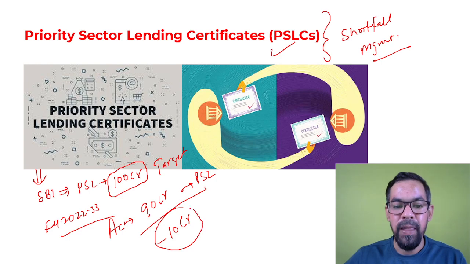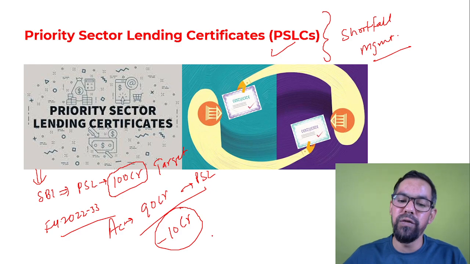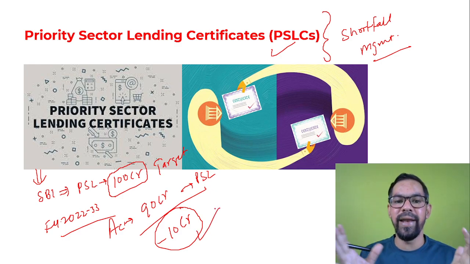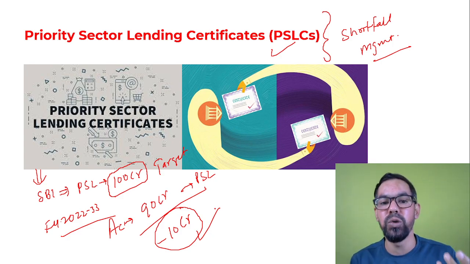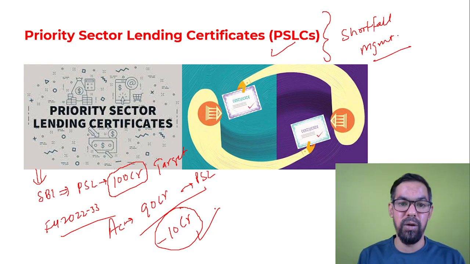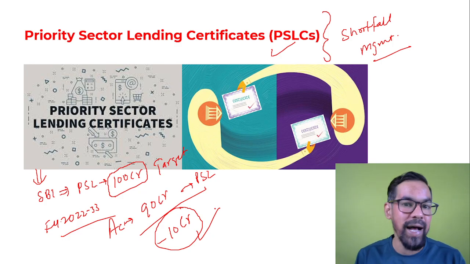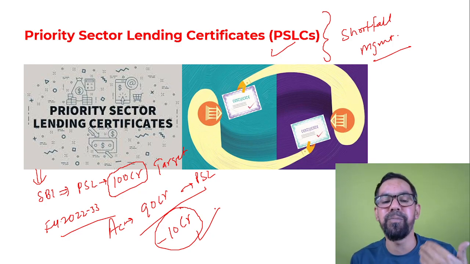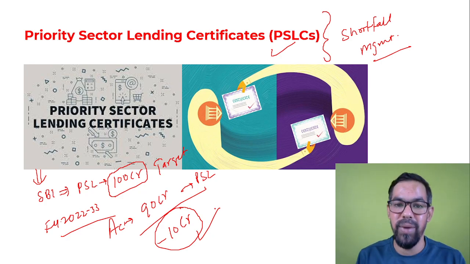Now how will SBI manage this? So this is your shortfall of target. The overall target for the given time duration was 100 crore rupees, but the bank was able to lend only 90 crore rupees during that time duration. Now if RBI lets it go, there will be a problem. Every bank will go for a false report. They'll say we approached, but no one asked for a loan. So every bank will report a shortfall. So that's why RBI made some provision regarding shortfall management as well.